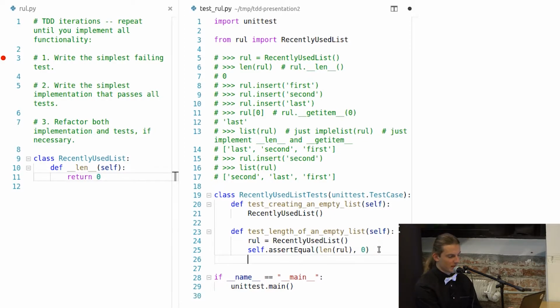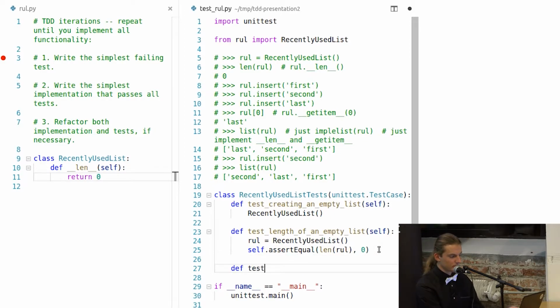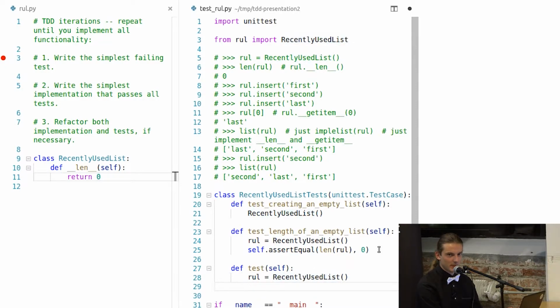So what could I test now? Not an empty list. Yes, not an empty list. But what exactly do you mean when you say a non-empty list? What could we exactly test?